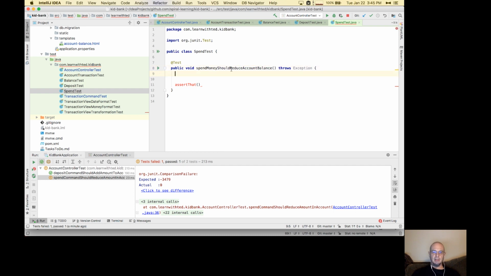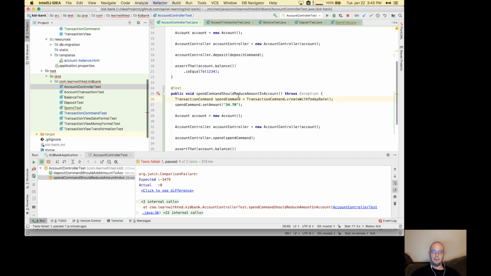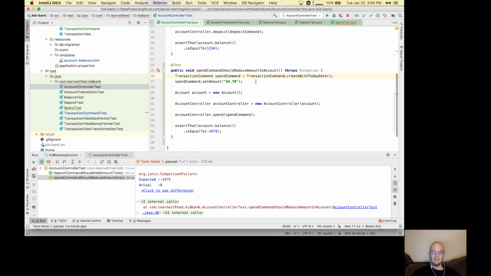So the difference, so this might look familiar, like, hey, didn't we just write a test to do something like this? Before, though, this test, the spend command, is one level up, and it's actually testing through the controller, making sure that basically it turns a command correctly into a spend. The only way we can ensure, sort of check that the spend command got processed properly is by checking the balance. But we're actually less interested in the fact that it subtracted the right amount. We're more interested that everything got processed correctly. So I might want to eventually change this so that I'm testing,